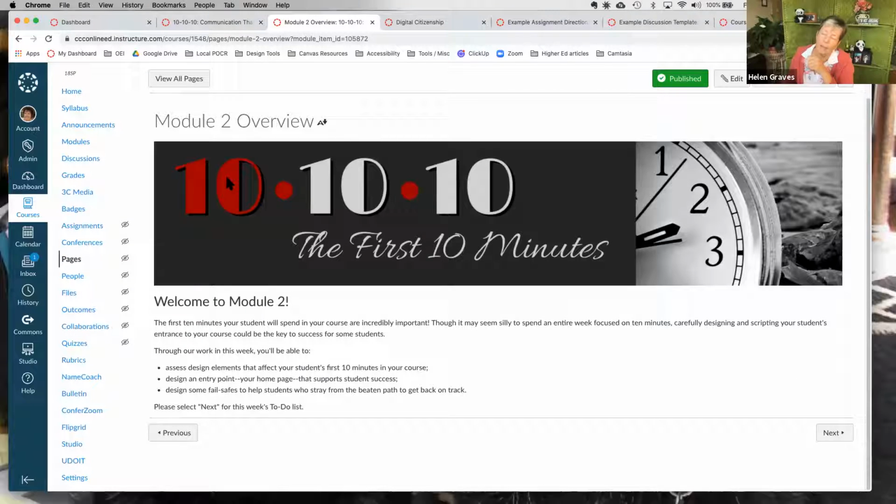And in fact, what I thought was kind of cool when they did it, each of the 10s, which represents 10 minutes, 10 hours, 10 days. In the next module, the middle 10 is the accent color. And then in the final module, the third 10 is the accent color. Not a big deal. Some students may not even notice it, but it kind of makes it fun and interesting, and creates communication for students that are noticing those kinds of things.